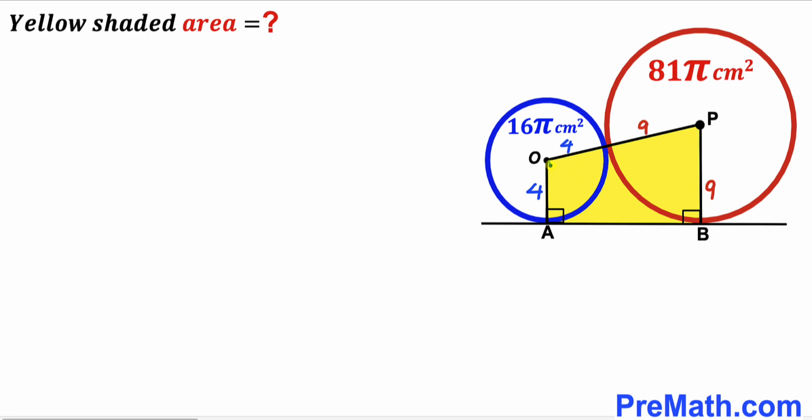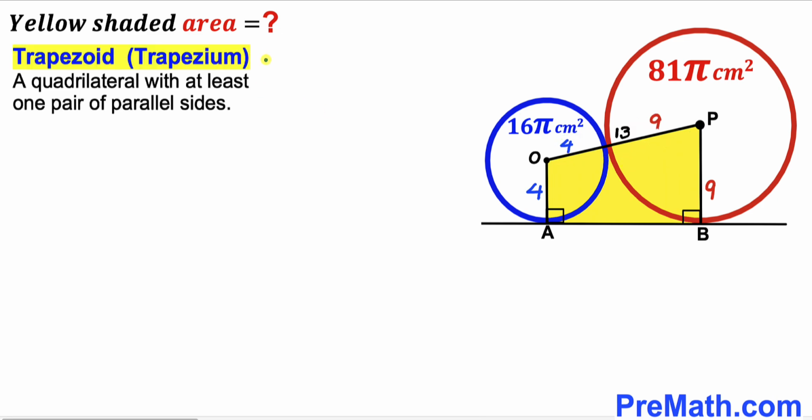So therefore, this total OP length is going to be 4 plus 9, which gives us 13. And now let's recall the definition of a trapezoid. Sometimes we call it a trapezium: a quadrilateral with at least one pair of parallel sides. So no wonder this yellow shaded diagram is indeed a trapezoid, since both of these radii are parallel to each other, since these angles are 90 degrees